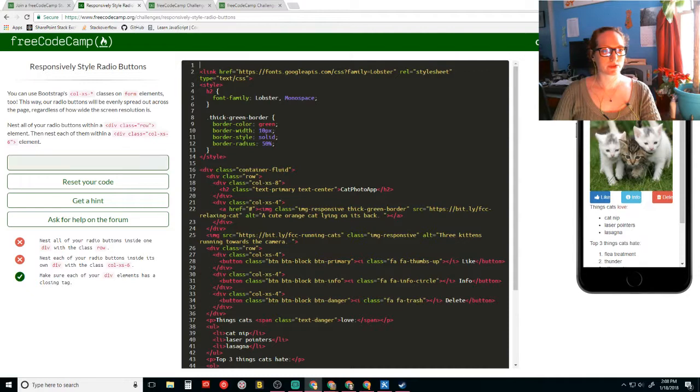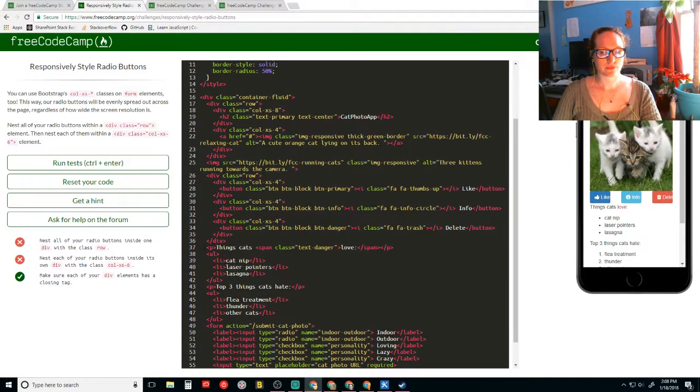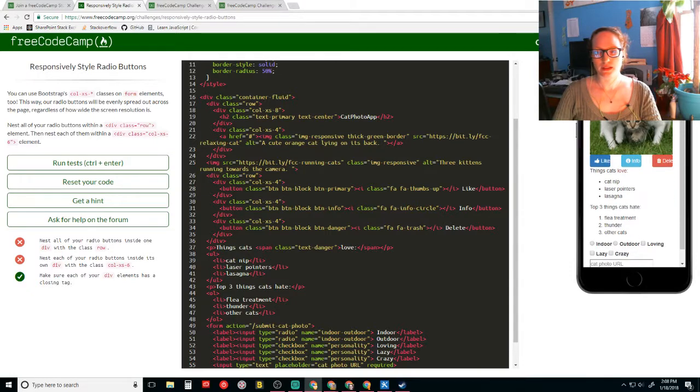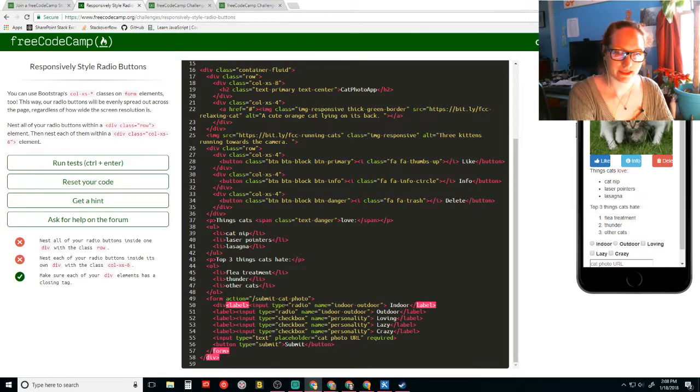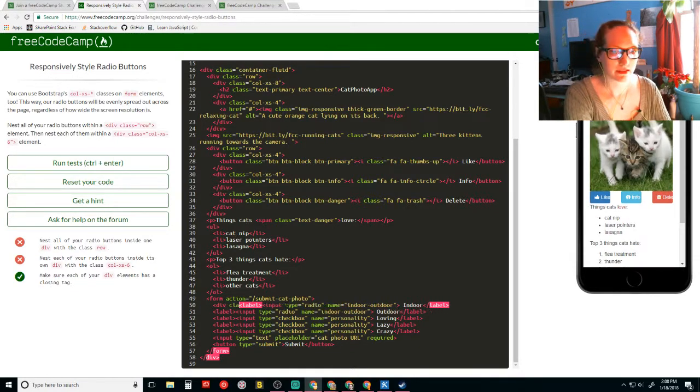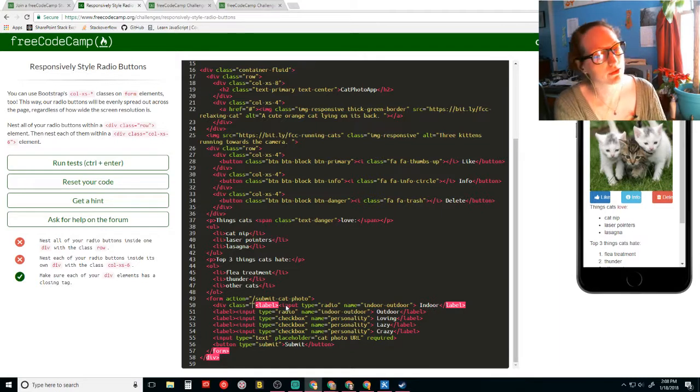Shift class row 6. Okay. But only the radio buttons. Indoor, outdoor. No, I'm forever getting that wrong.